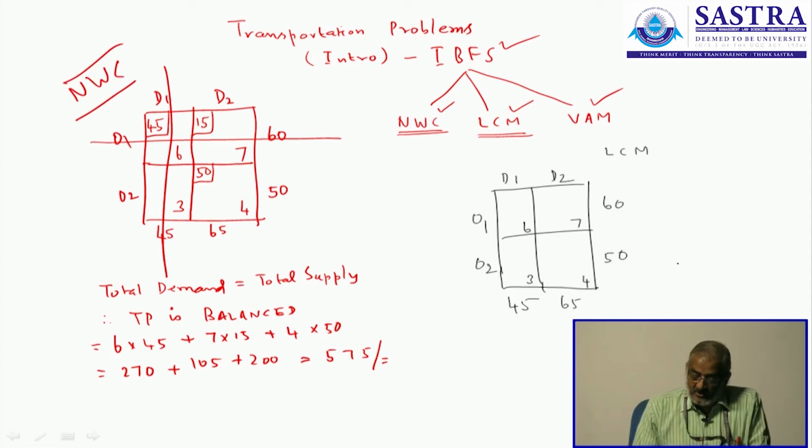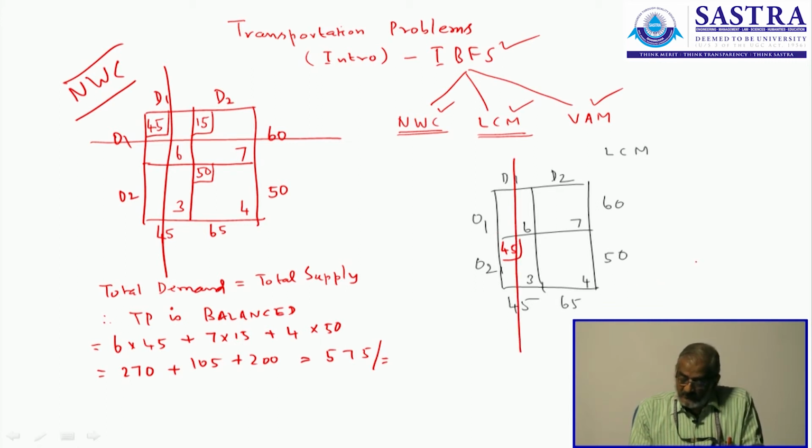Okay. Now for the least cost method to be applied to this, first we pick the least cost among all cells. What is the least cost? 3, where the demand is 45 and the supply is 50 units. So I can supply all the 45 demand. Okay. Now the demand is satisfied, so cross the demand. Now what is the next least cost? The next least cost is 4, where the demand is 65 units, but supply is 50 minus 45, only 5 units. So 5 units can be supplied here.